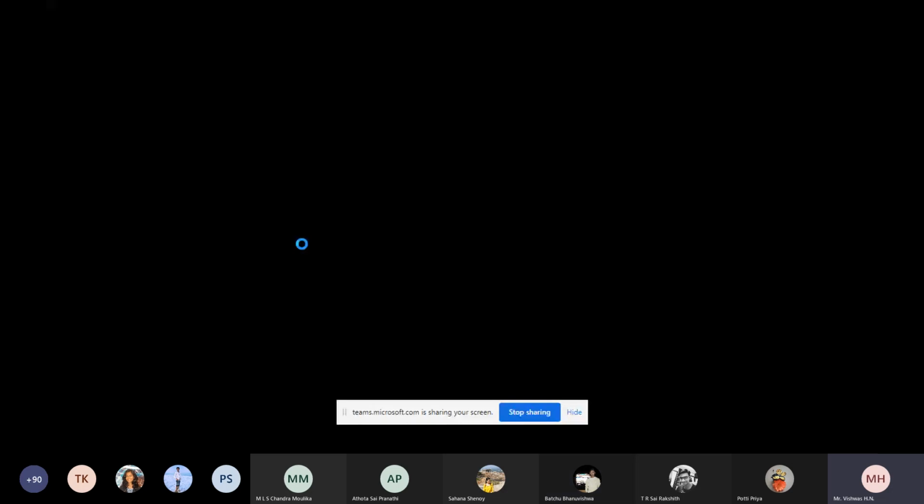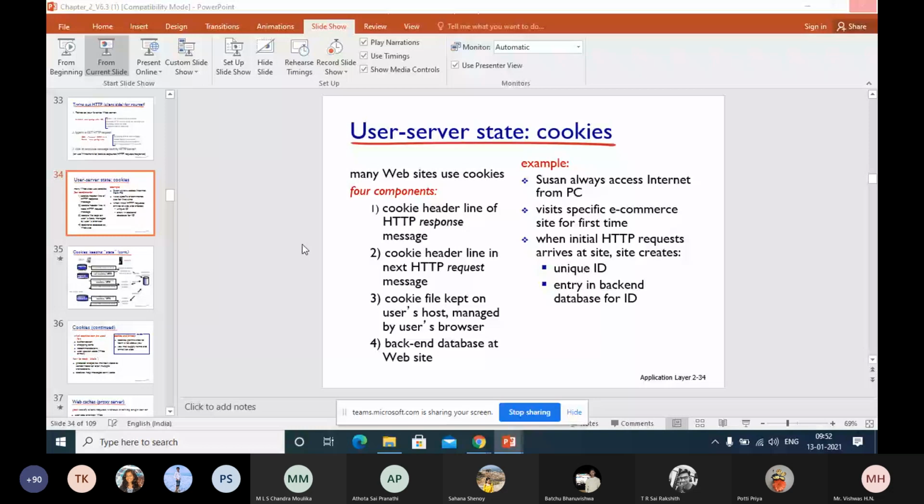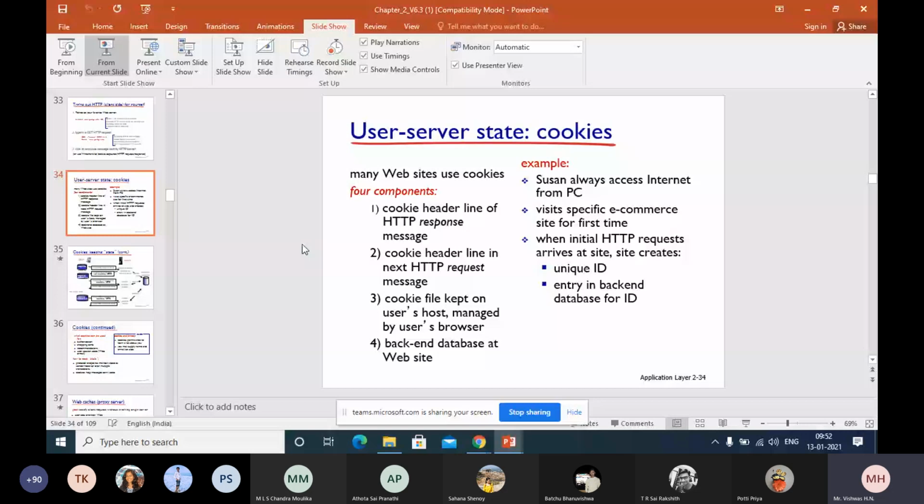What do you mean by cookies? It's an identifier of customers who are visiting a particular website. Okay, so basically, why do you need that? Why do you need cookies?